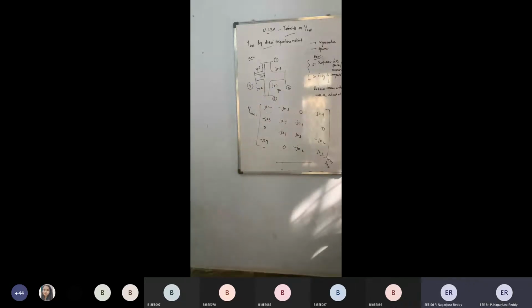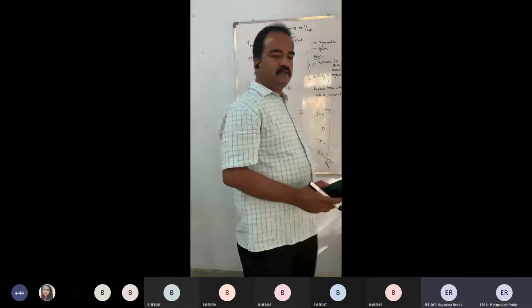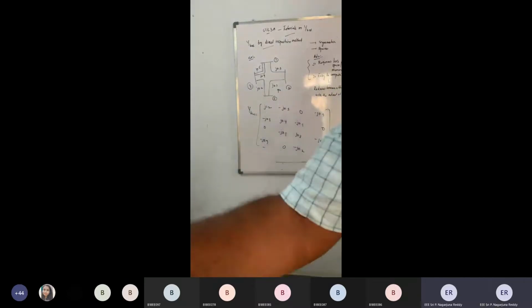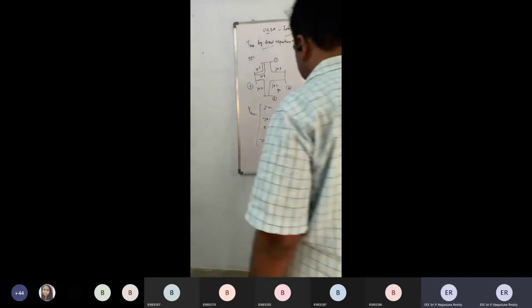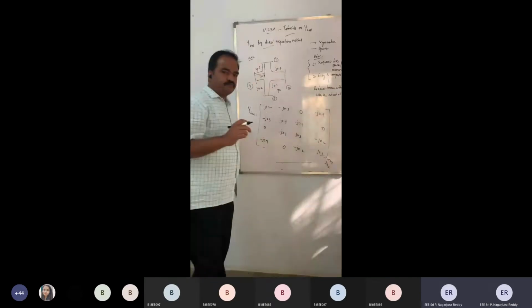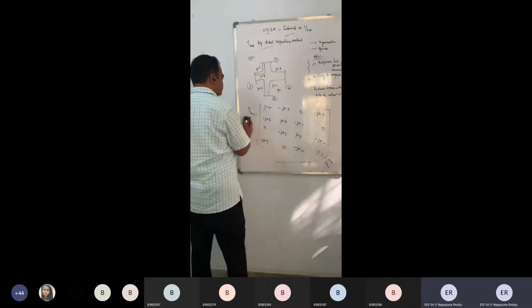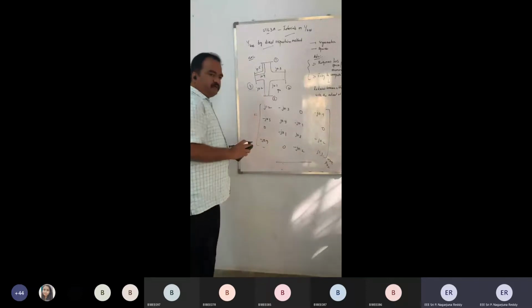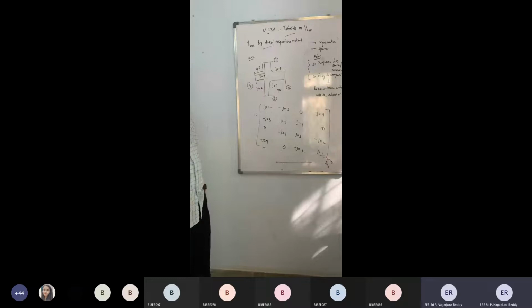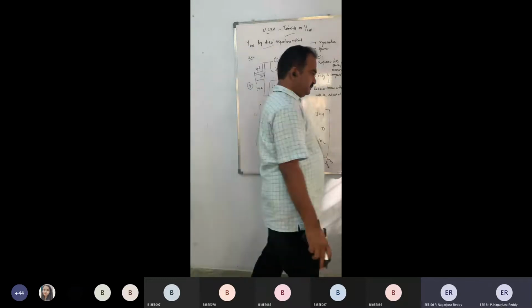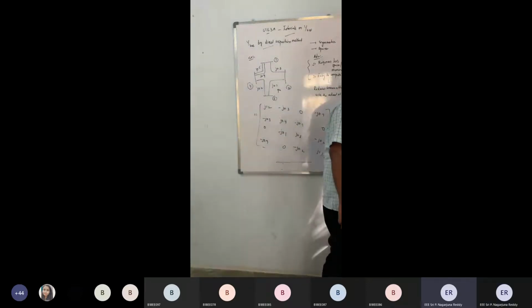So it looks very simple in computing these values, isn't it? A very simple, easy method for computing the Y-bus matrix with the help of the direct inspection method. Now, we will move to the next level. We will move to a little bit complex problem. I hope you have understood this Y-bus computation. Are you okay with these problems? Shall I go ahead?